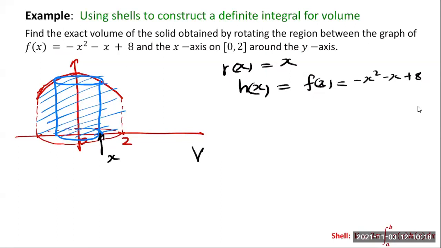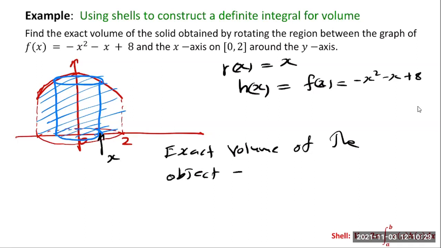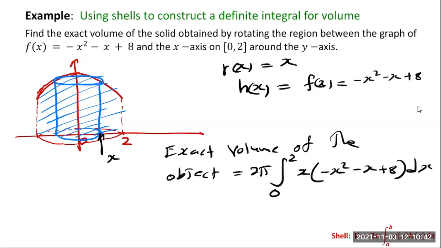Okay, let me write it. The exact volume of the object is equal to 2 pi times the integration from 0 to 2 of R(x), x, times H(x), minus x squared minus x plus 8, dx. All you need to do is compute this quantity. If you compute this quantity using a calculator, you will get